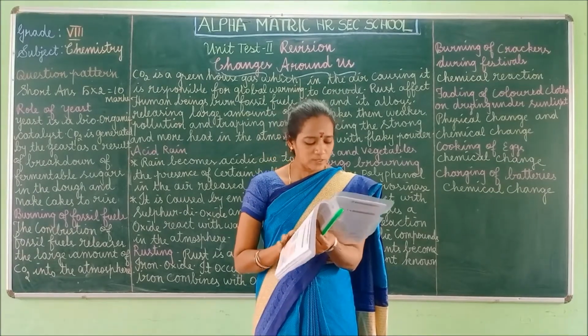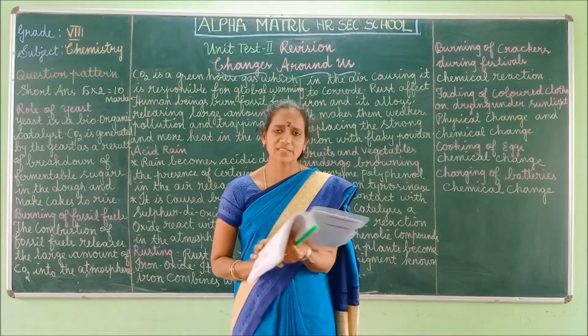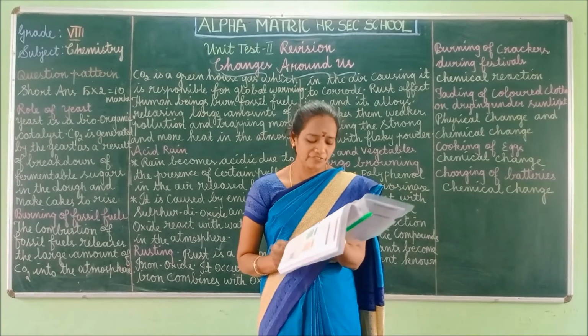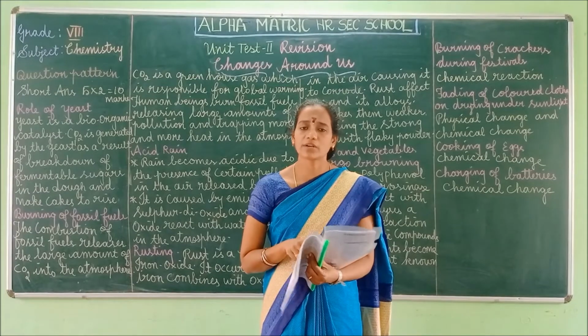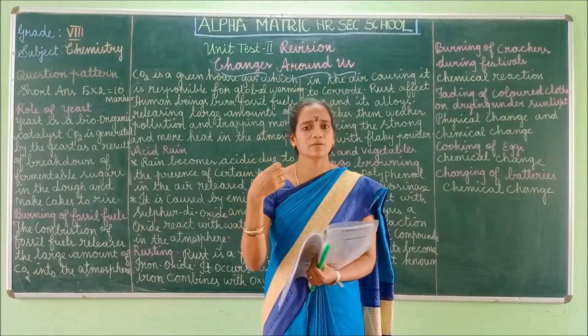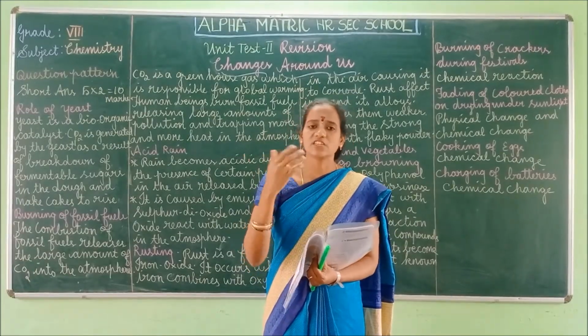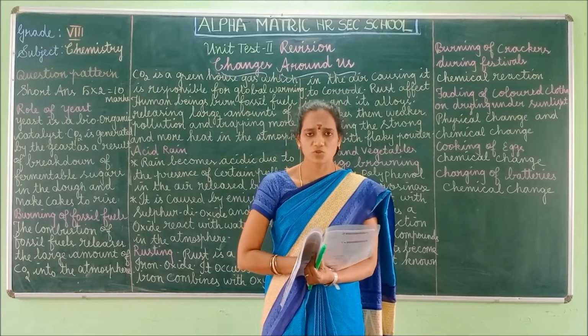Next one, explain how food items are spoiled by chemical reactions. Here you have to mention spoilage of food, rancidity of fish and meat, and apples and vegetables turning brown when cut. What is the reason behind this? Which enzyme is behind this? What is the role of that enzyme? Is this due to oxidation or some other process? All these things you have to explain for this question, right?